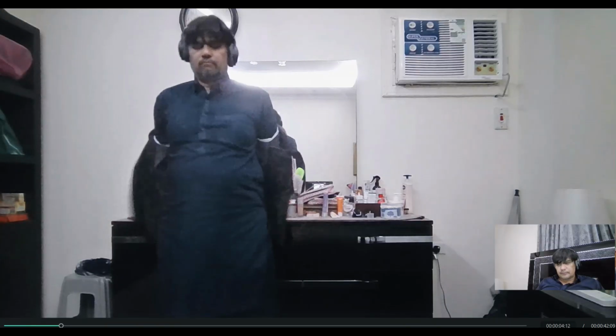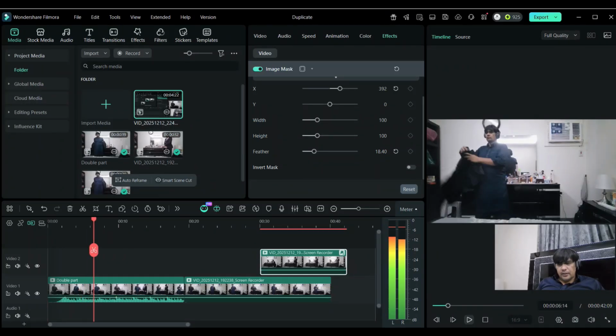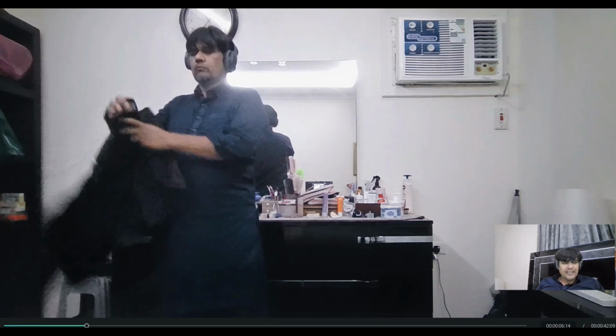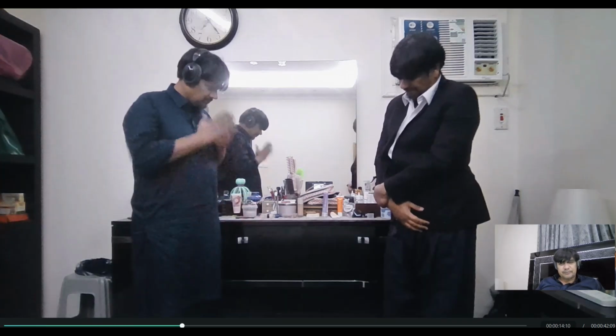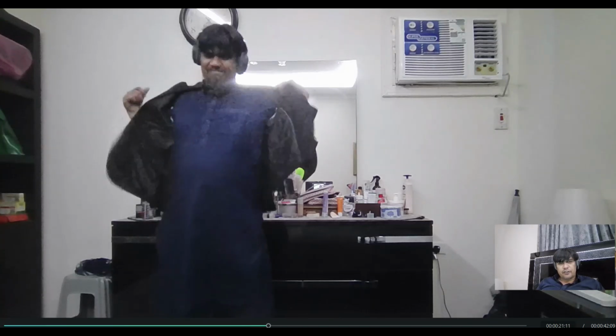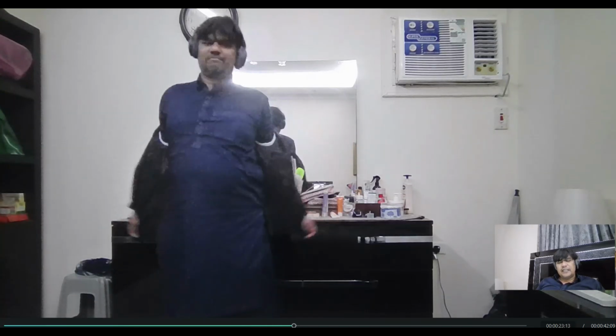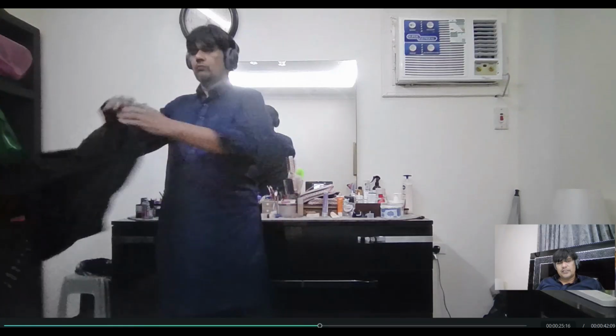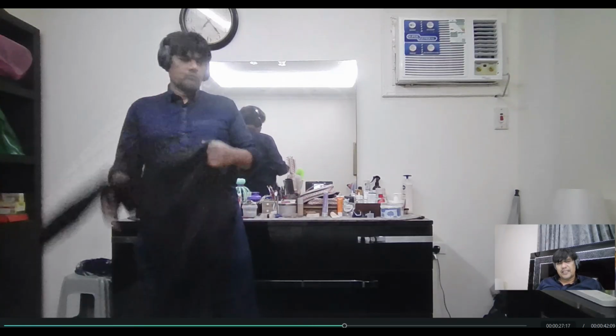So now you can see, okay, this one in the beginning, because I put this one in the beginning, that's why it's coming. Now see this one, the first shot, and now once I remove this coat, after that I put the second shot.